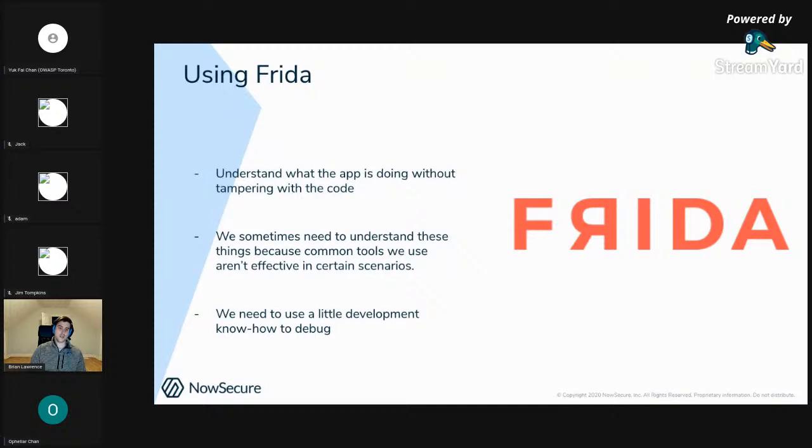But it does require a little work. So what we'll see is we can actually build. There's lots of testing tools out there. There's lots of ways you can test every single application. You can do a test that looks for excessive permissions, looks for lots of different ways to do network connectivity or encryption or things like that. But where Frida really comes in and really shines is building those kinds of use cases that are specific to